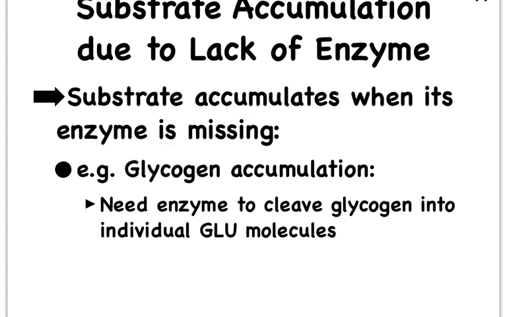So another example of a protein problem that leads to accumulations in cells is the lack of an enzyme. We already discussed that when we discussed how glycogen accumulates. Remember that enzymes are proteins. So this is another example of malfunctioning proteins or lack of proteins, and how that can result in the collection of things inside of a cell that shouldn't be there.